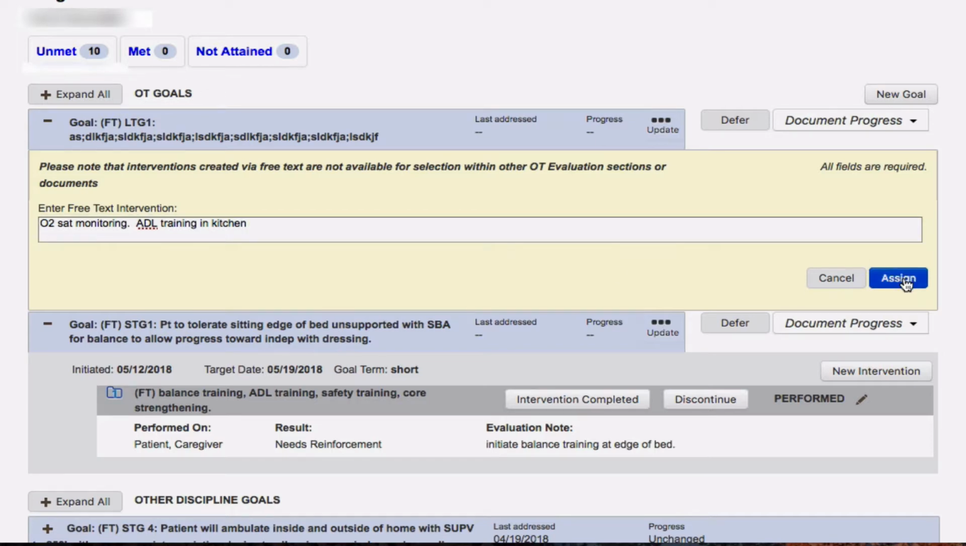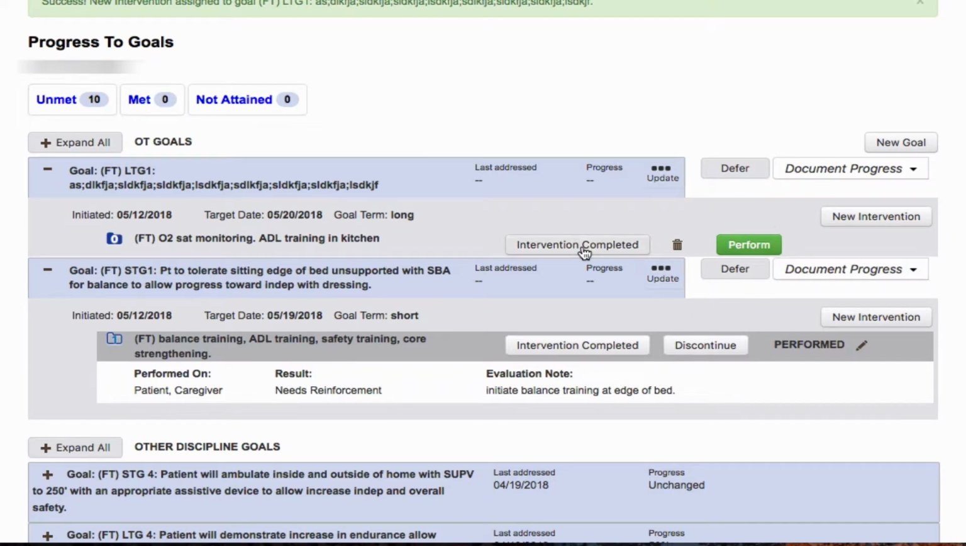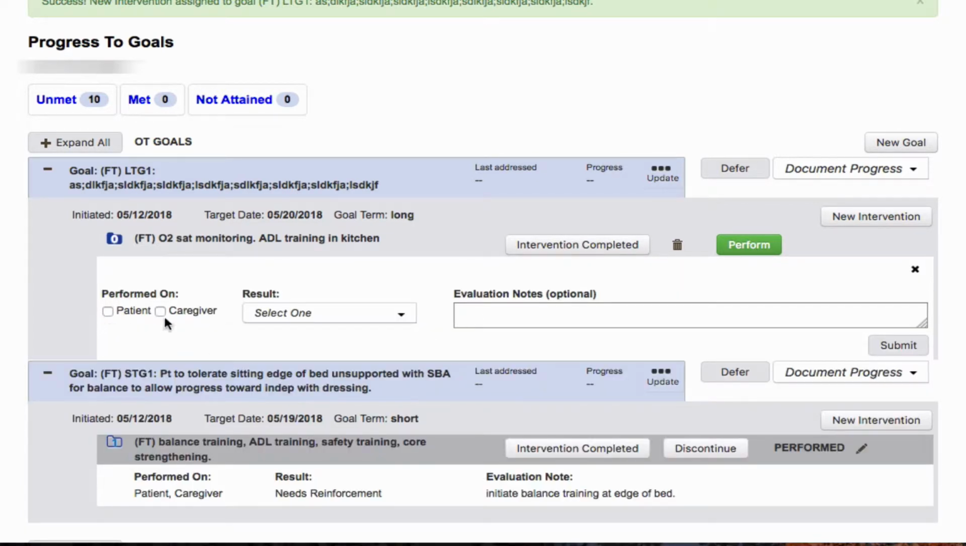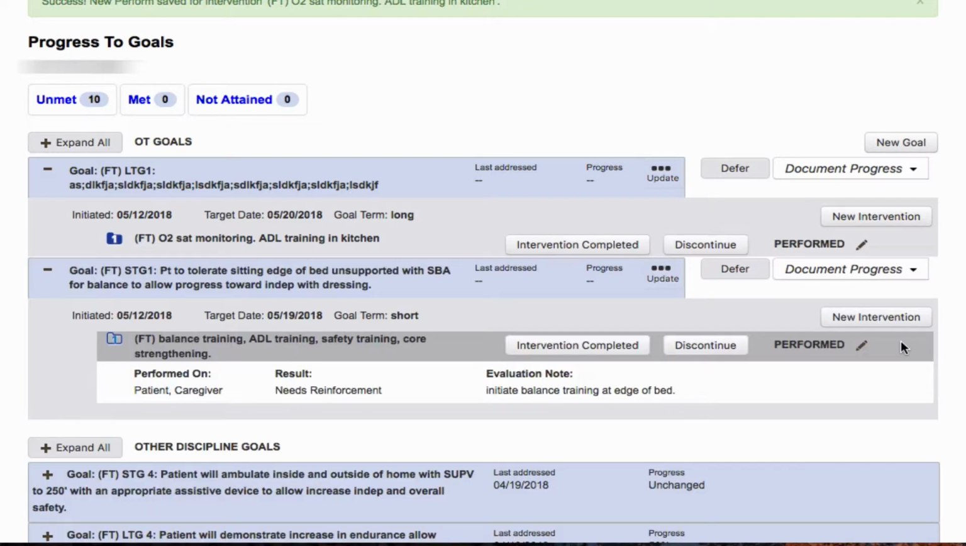And then I have my goal. I have my interventions. I'm going to perform something. I chatted more with the caregiver on this one because patient was tired. Initiate training regarding needed supplies and adaptive equipment, whatever. Okay, and submit that. So every patient needs at least one short-term, one long-term, and then of course,